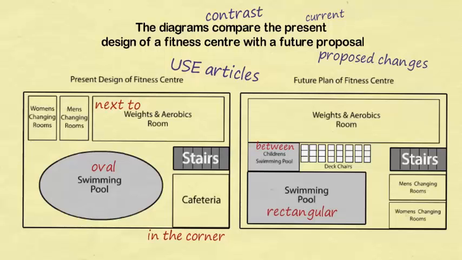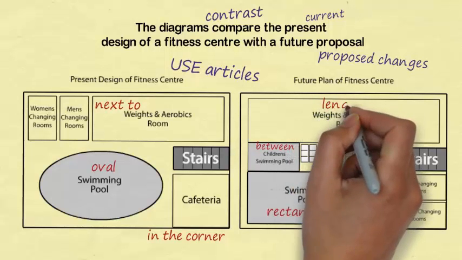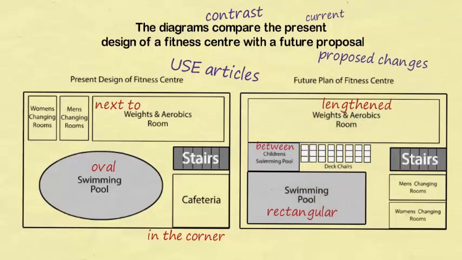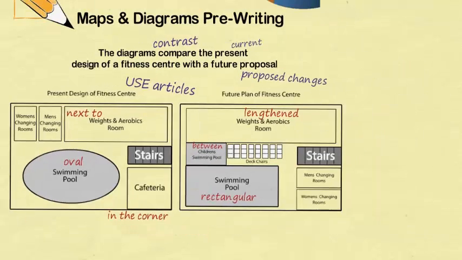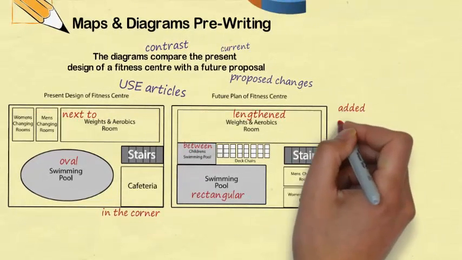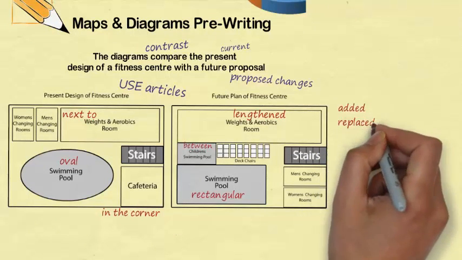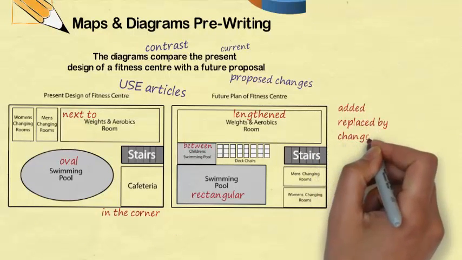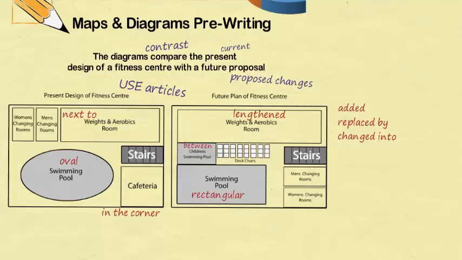Another thing we need to consider is how we're going to describe the change in the second picture. So the future picture is obviously much more tricky to describe than the present design. So we're going to need words that describe the changes that are happening. So there's one with lengthened, but we could also be using other words like we see being written here, like added, replaced by, or changed into, which are important vocab items to use,